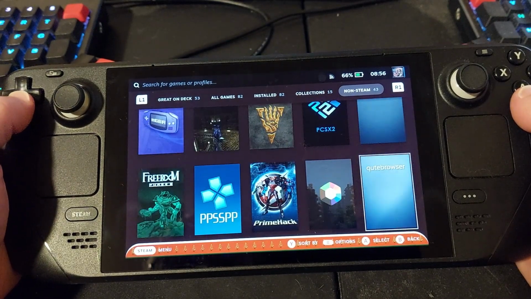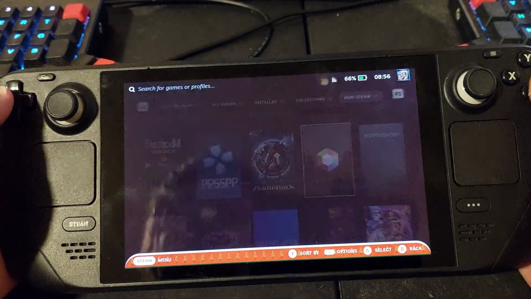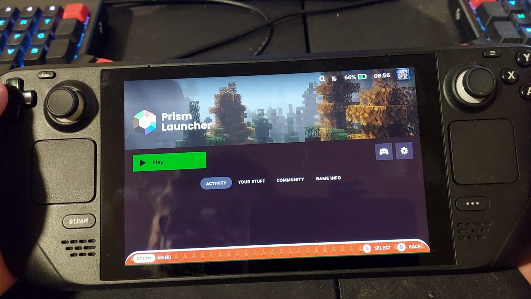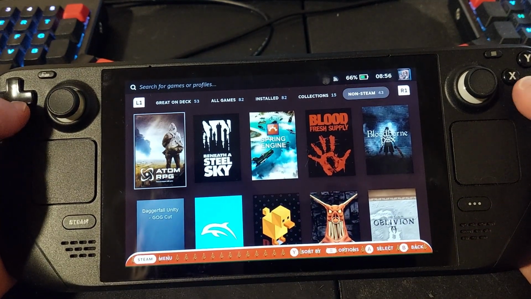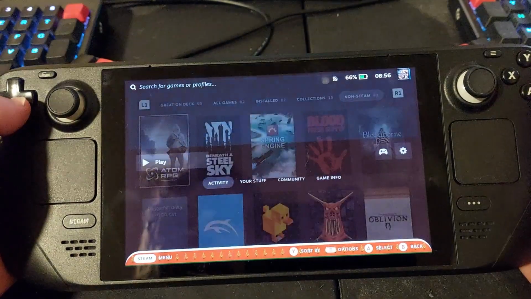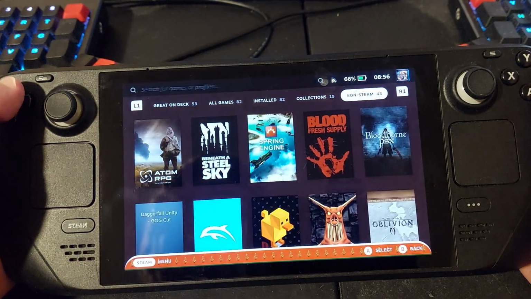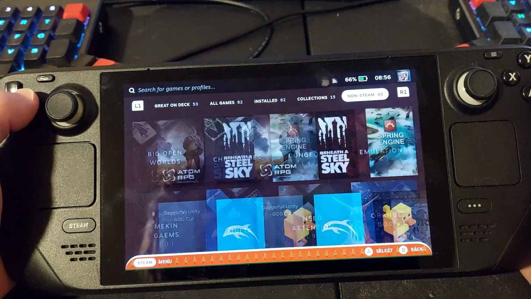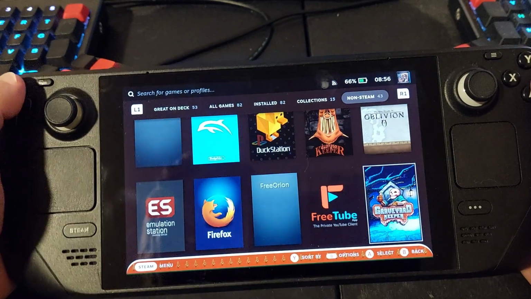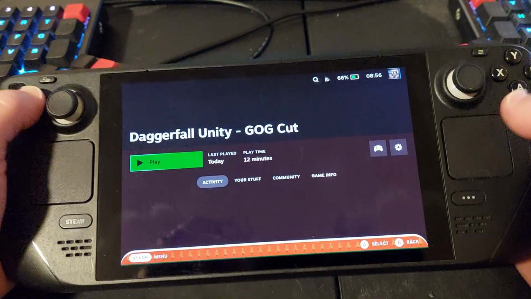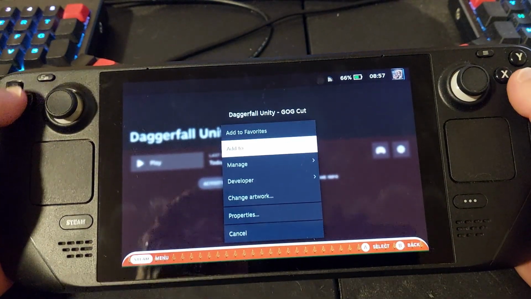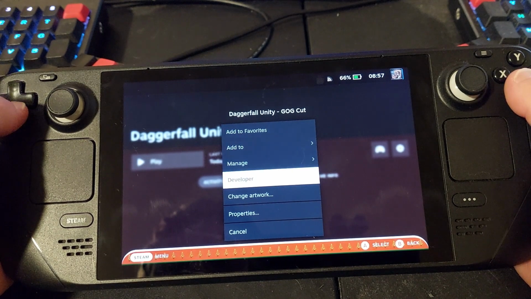I don't know why that didn't work, but I did that process with Prism Launcher. And actually, I believe I did that with, no, I did not. I did the other process with it. So this other process is kind of hit and miss as well. So it's not exactly perfect, but